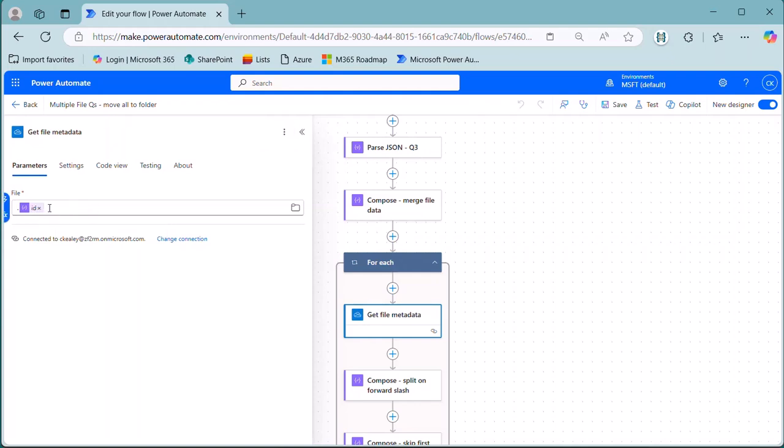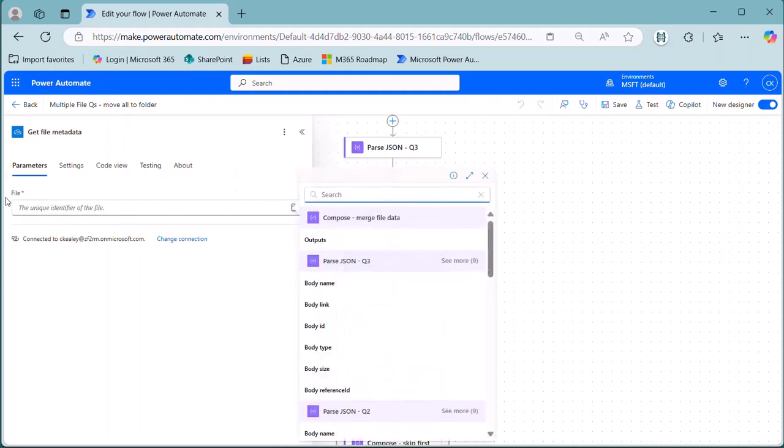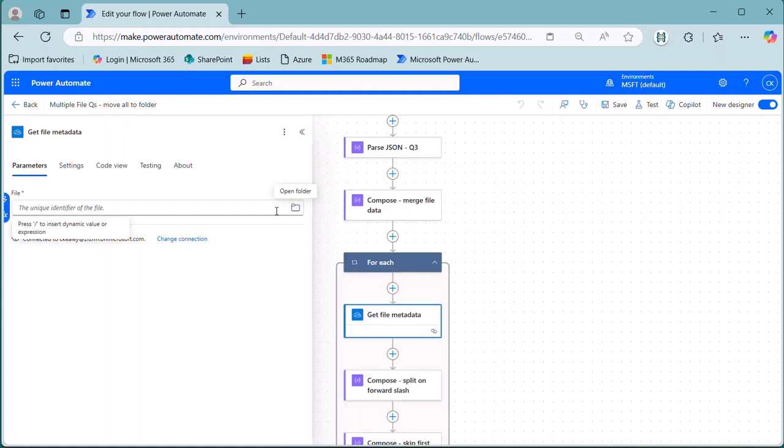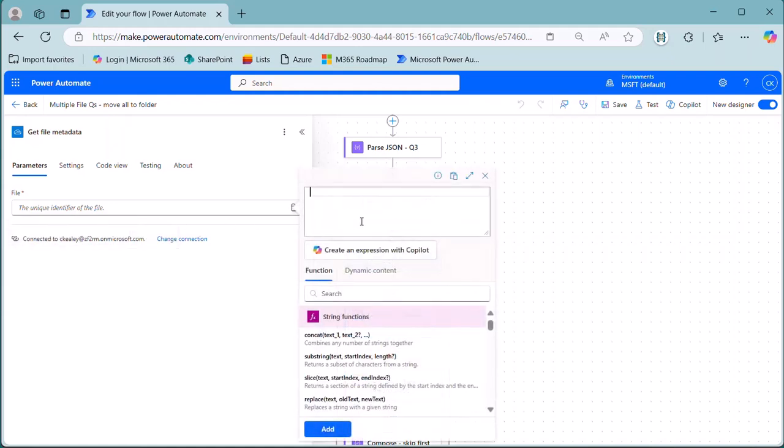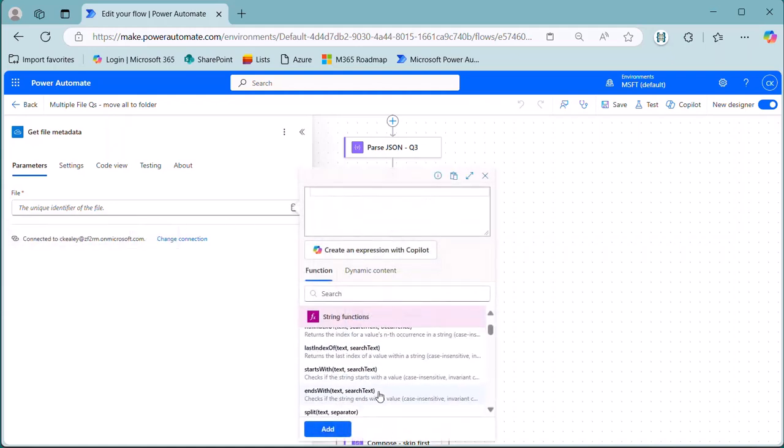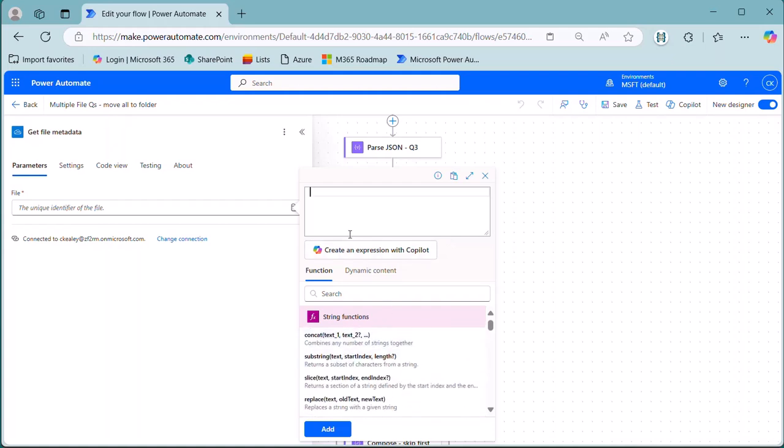I'll just rebuild this to show you how it's put together, but we need to get the drive ID, so I'll click the dynamic content, and actually I'm going to use an expression for this. So we're going to, like that. Because we can't really use the dynamic content to select it, we need to actually spell it out. But we're processing through this array, which is made up of all of those. So to get the drive ID of each item, we can just type in item, open close parenthesis,